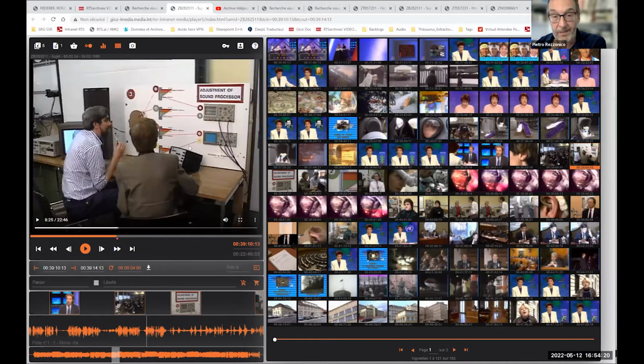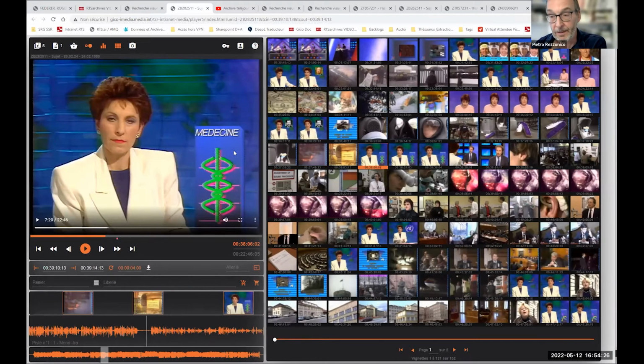We have exactly the same picture, and we found exactly the same item. In fact, this item was not published in 1987, but in 1989. But it doesn't matter,